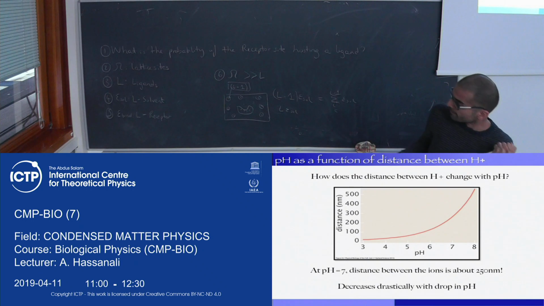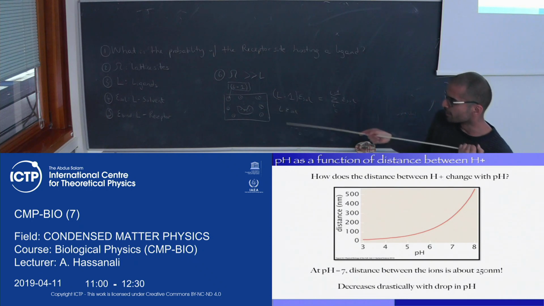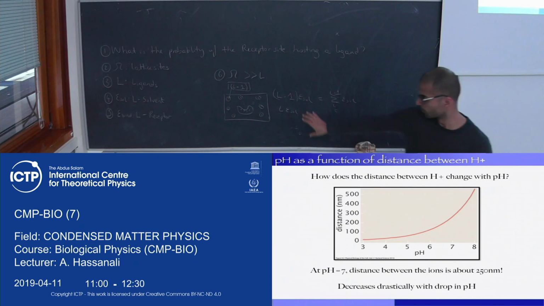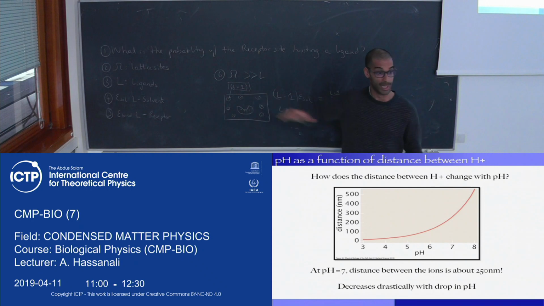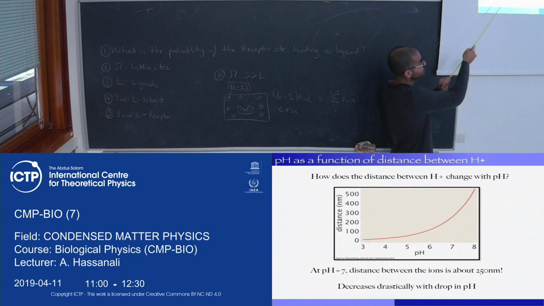If I'm at pH 7, the number of protons within a distance of 2,000 angstroms is so small that it's not going to affect the thermodynamics or the dynamics much of the protein. Of course, if I start going to very low pH or very high pH, then it will matter,